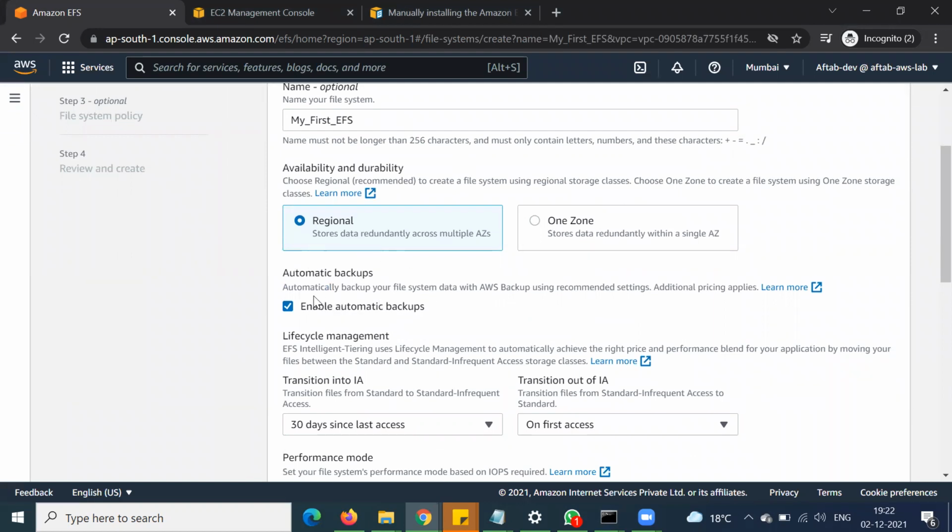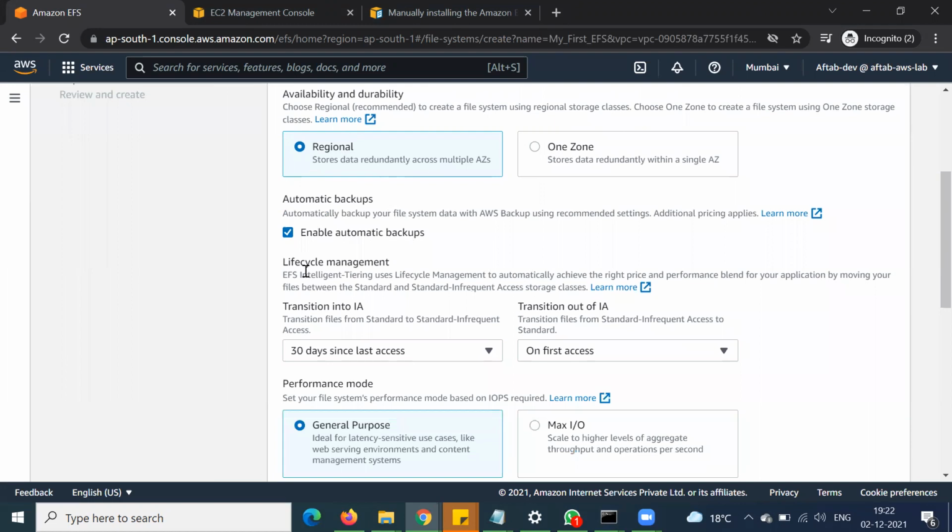Here, my friend, you can see the automatic backup option, which is enabled by default. And in the lifecycle management policy, you can see transition into infrequent access.